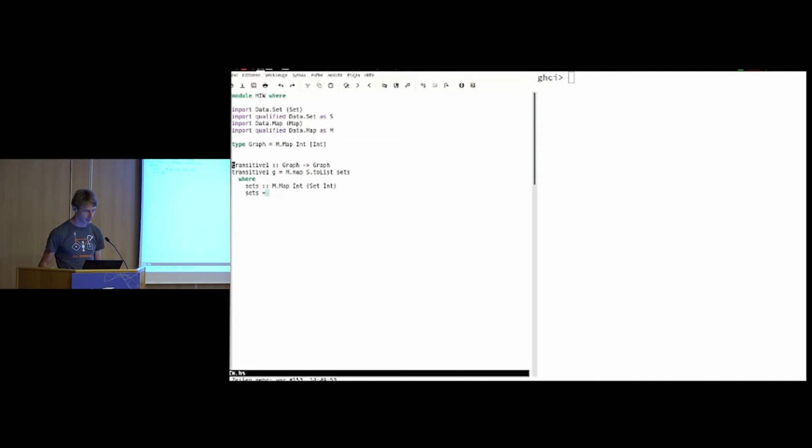And the beautiful thing we can do in Haskell, because we're lazy, is a knot-tying trick, where this map here is the result that we want. And you can actually use that map in its own definition. So I can write that like the sets of reachable vertices from each